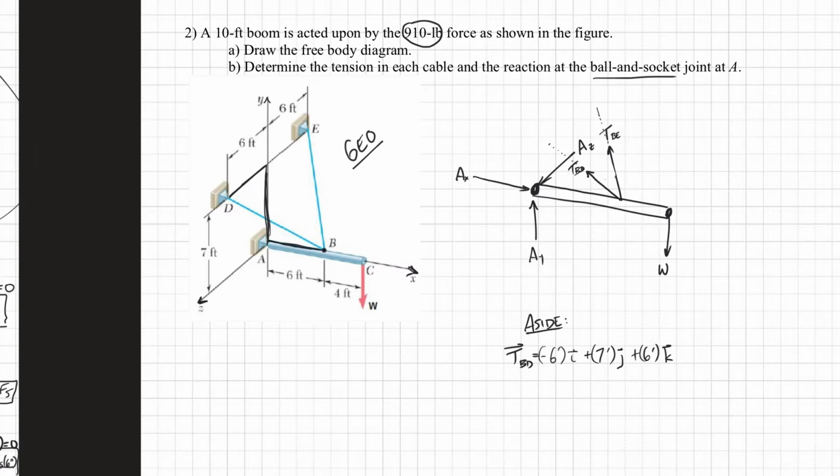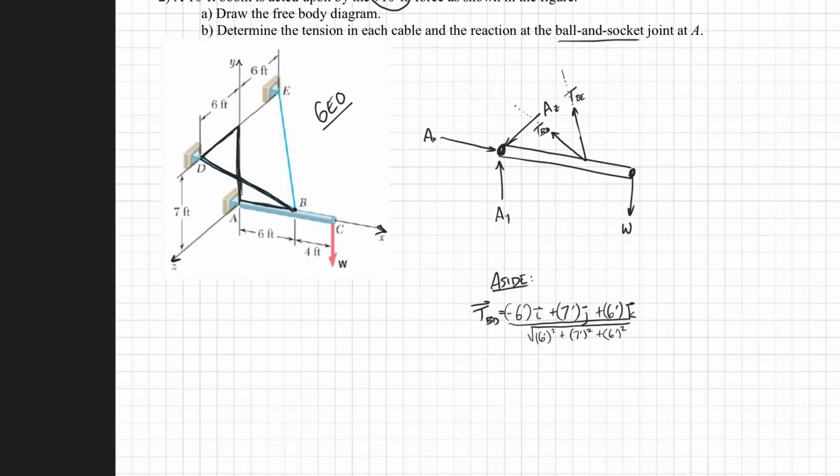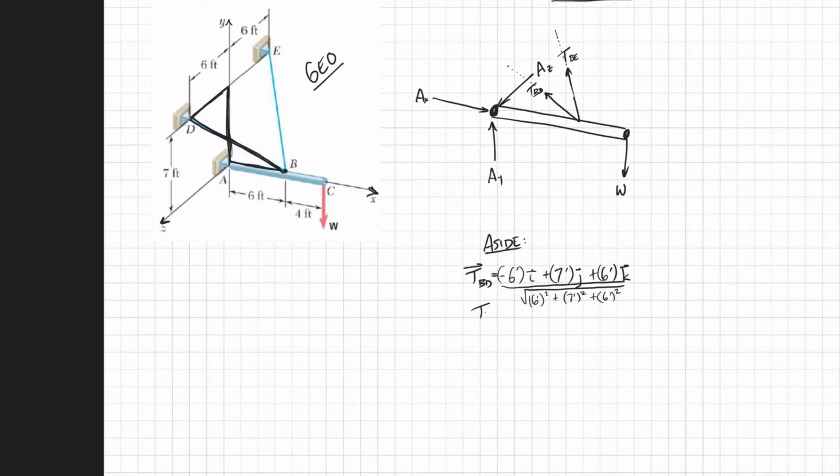Because this is really just a similar triangle. So we have to normalize that by the length of this string right here, this cable. So we'll normalize it by using the Pythagorean theorem. We'll do the square root of 6 feet squared plus 7 feet squared plus 6 feet squared. Okay. So what I'm going to end up with is TBD